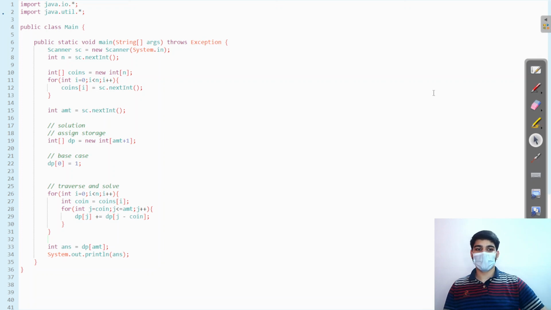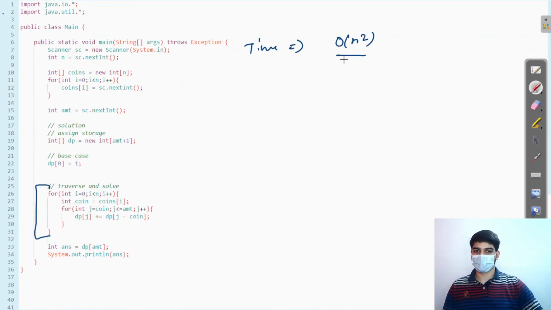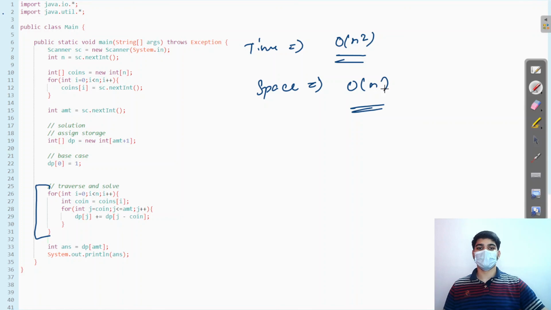Now, if we come back over here on the code, and if we talk about the time complexity, for the code over here, it's simply O(n square), right? We are using 2 for loops, and the space complexity is O(n), right? To be exact, it's O(amount plus 1), but to make it more generalized, we can say O(n), right? We are using an integer DP array, right? So I hope you understood the question,